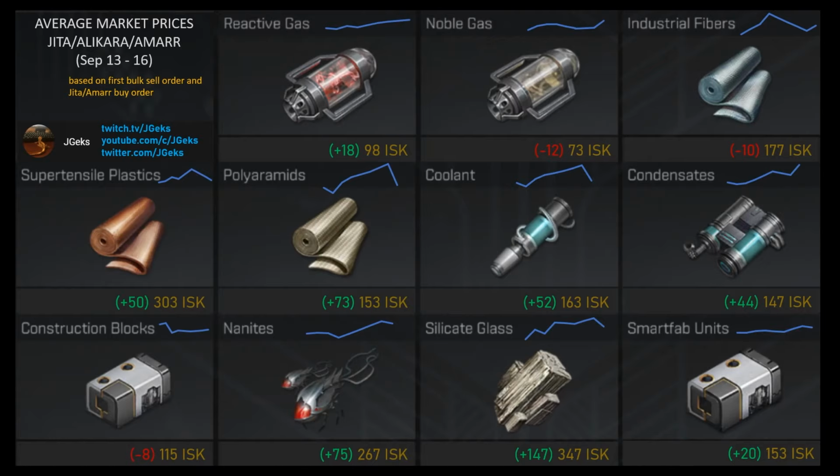The last category for planetary materials are the materials needed for structures. All of these materials outside of noble gases, industrial fibers, and construction blocks have seen an incredible boost in their value over the weekend. These materials, just like the fuels, are being boosted in price due to the demands needed for constructing player-owned outposts in nullsec. Silicate glass and supertensile plastic saw the largest jump in price over the weekend for the structural materials, both doubling